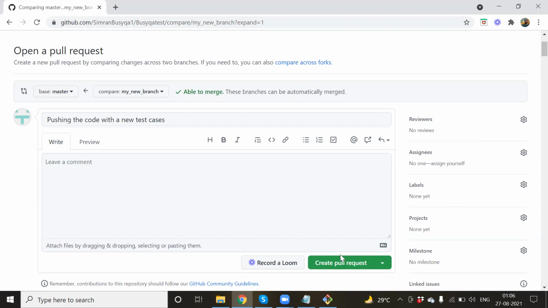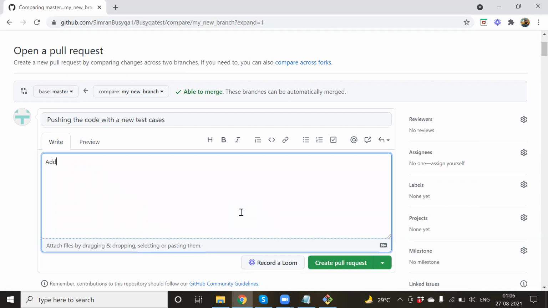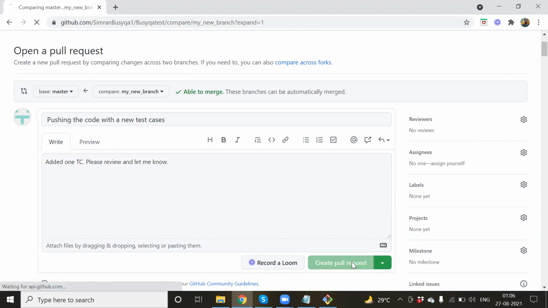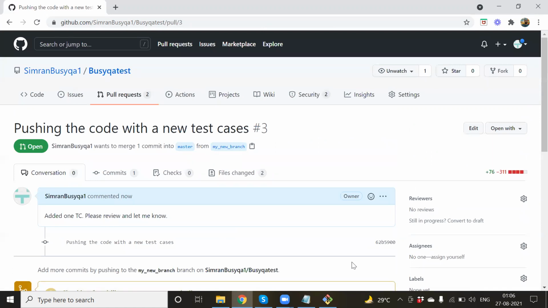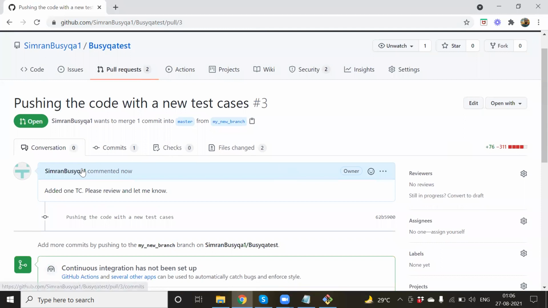Okay, so I'm just saying, added one test case, please review and let me know. Okay, so if I create a pull request, it is also called a PR, pull request or PR mostly. Okay, so this is the one that I have just added.